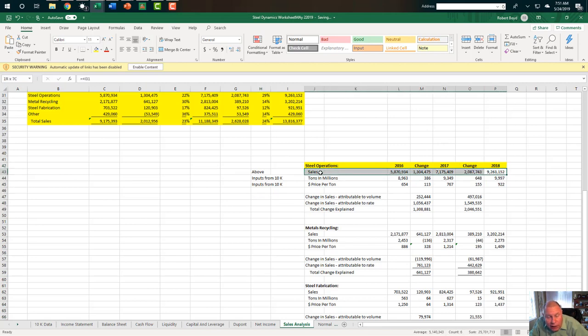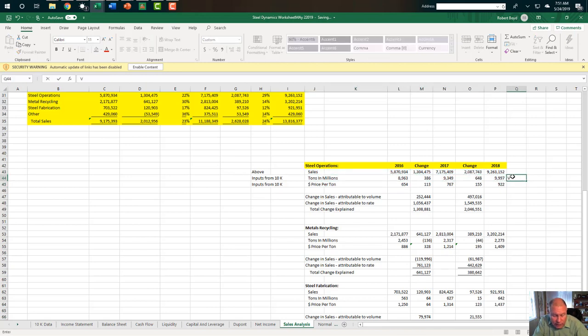There's the sales, the dollar amount. Here are the volume indicators. This is volume. Let me just make a note there. Volume. And this is the rate indicator. These came from the 10K. So then what I did is I did a calculation to see what the change was, because we know